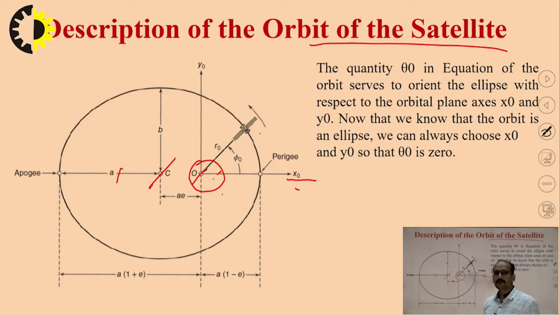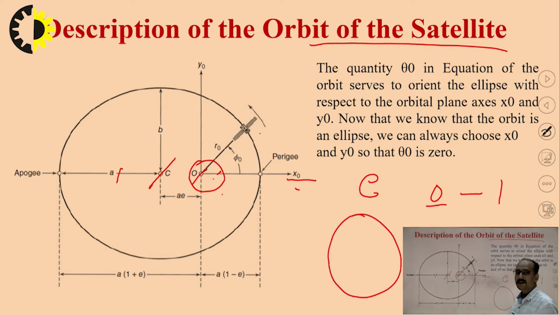Now how are you going to describe this? You can see one point here, and one value is coming very clearly, that is e. Basically e is related to the eccentricity. Eccentricity for an ellipse will always be between 0 and 1. If e becomes 0, it becomes a circle, and if e comes to 1, that will be a hyperbola. We can discuss these things in a later section of this derivation.